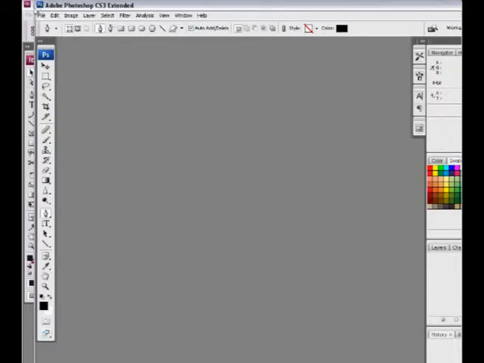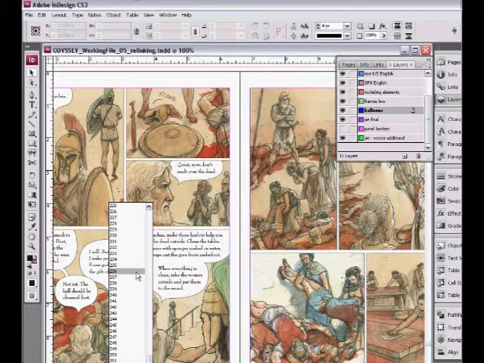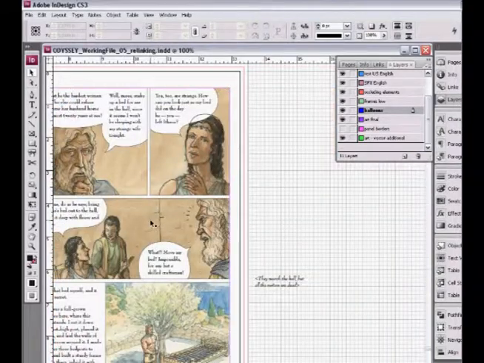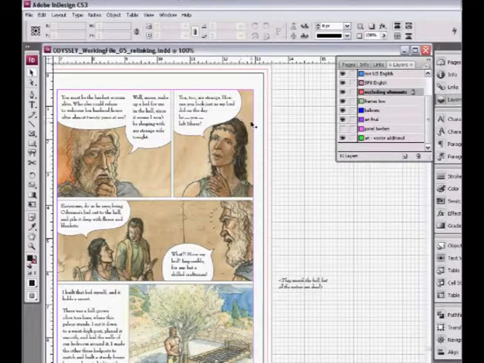Welcome back. So in this section I want to talk about clipping paths, and clipping paths are a technique that I use when I want a character's head to go in front of a speech balloon. So let me show you a case like that. Here we've got Penelope, and I've drawn in a little line to show that I want her head to overlap this speech balloon. So first I'll delete that placeholder line, and then what I'm going